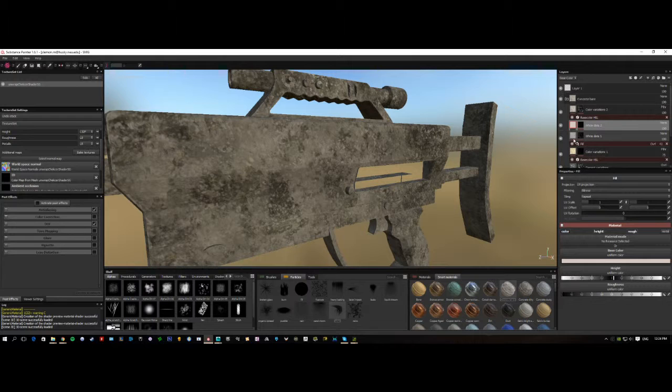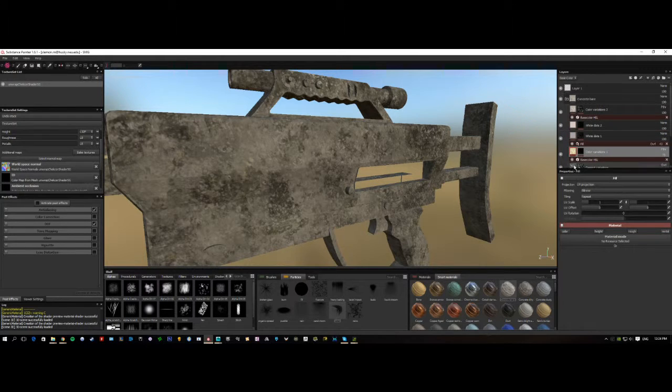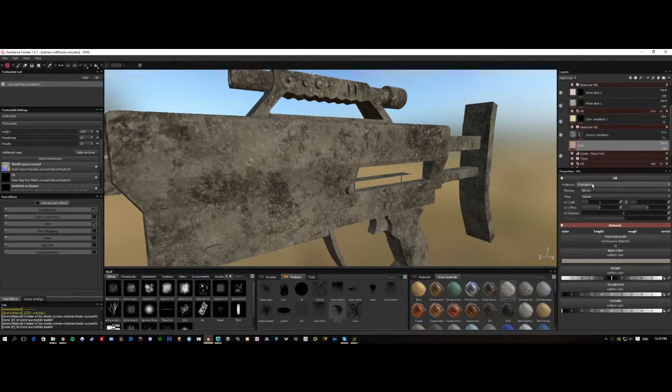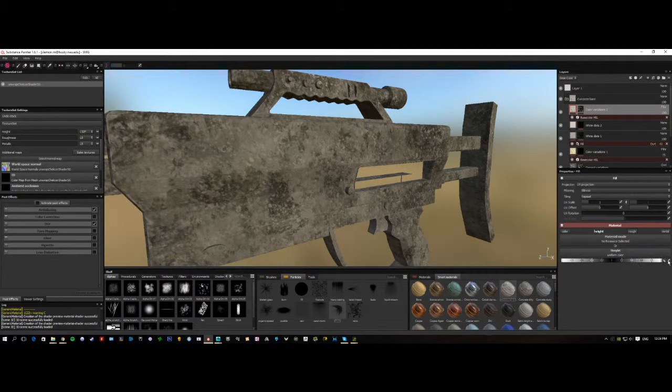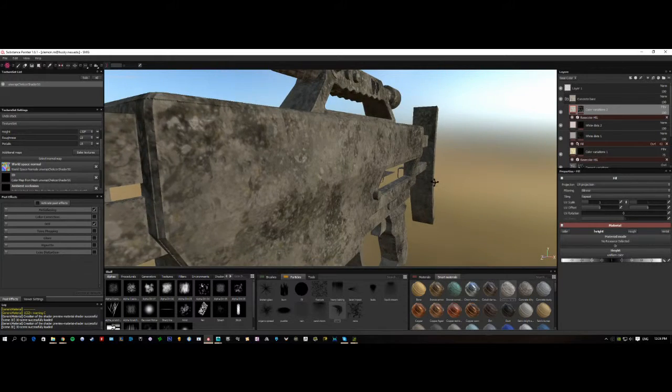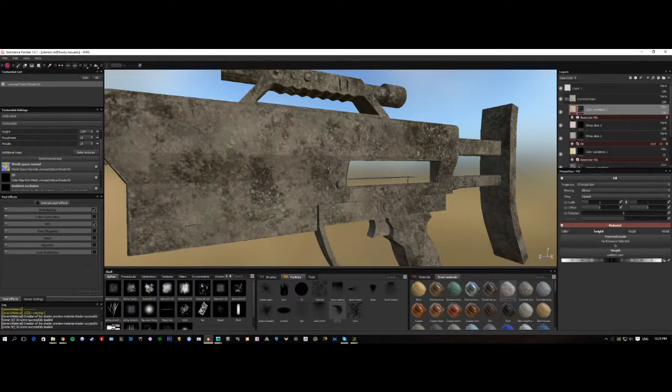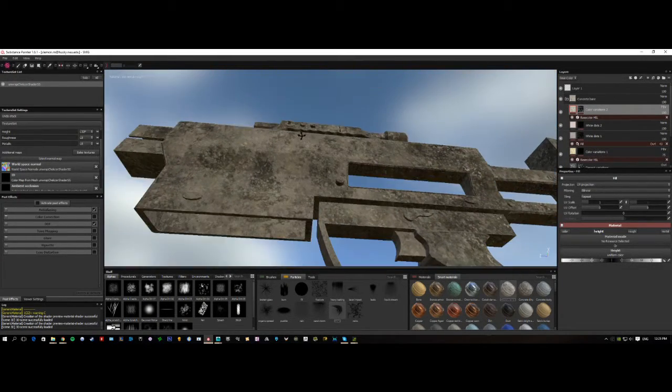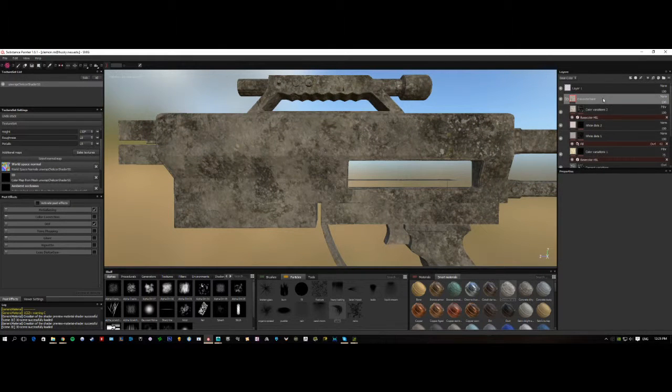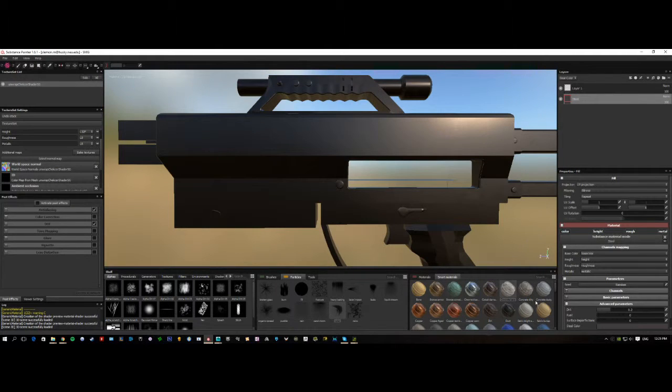So you can see it raises and lowers the normal map a bit. If we open this up, we can turn on height and see the difference, hopefully. So if we just pump up height a lot,